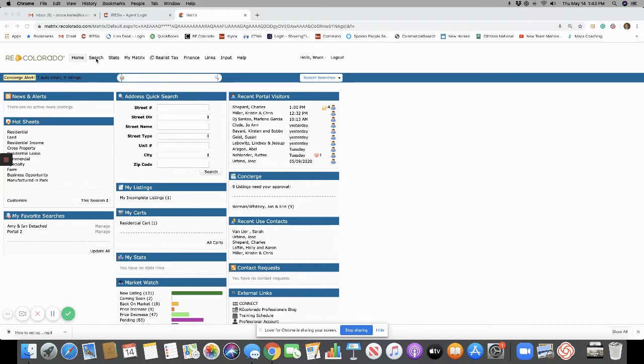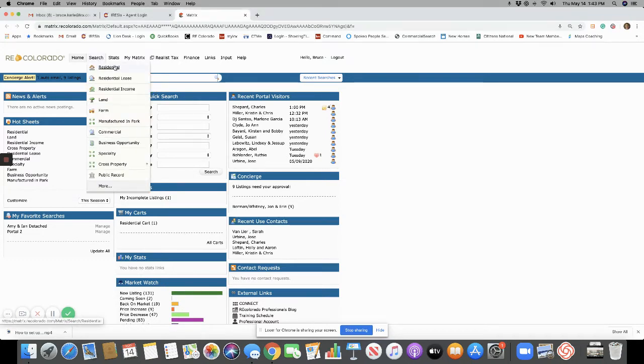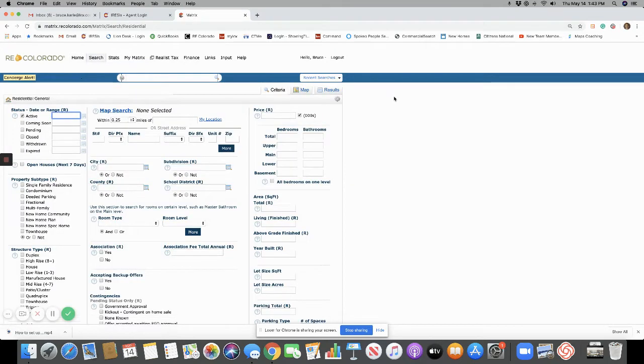What we're going to do first is go to search. We want to do a residential search. So let's pretend that I have a property over in Longmont. I'll figure out the map area when we get to that time. And we are looking to have a listing appointment. I want to know what their home's worth. And for the purposes of this, let's use some real base information. I'm looking for anything that has a 3-bedroom, 2-bath, 2-car garage comparison of right around 2,000 square foot total and